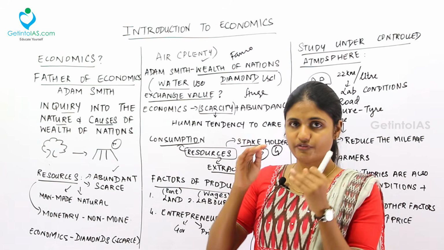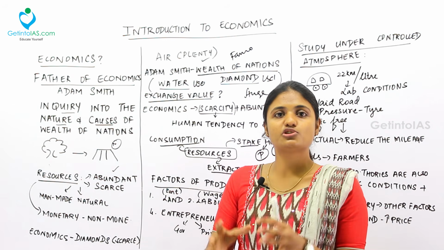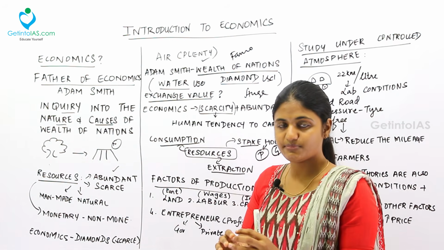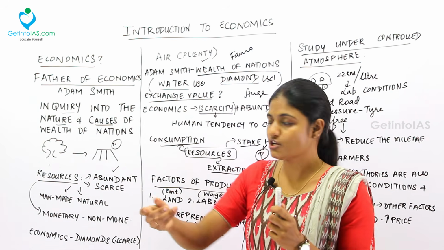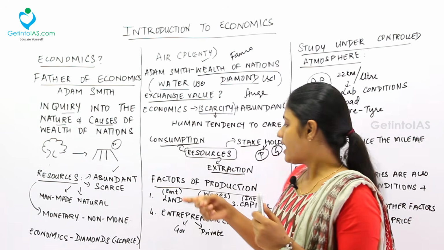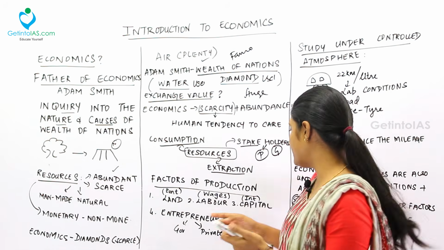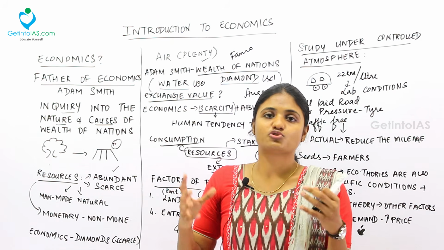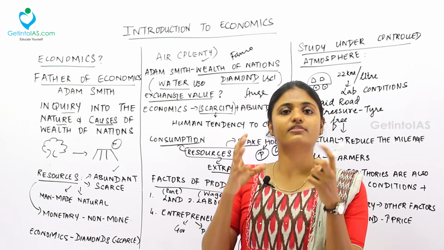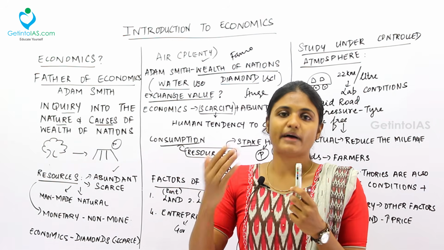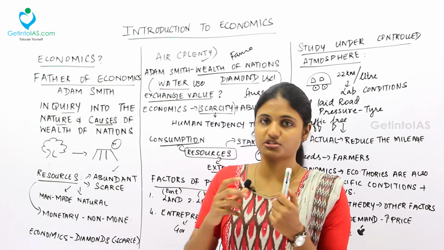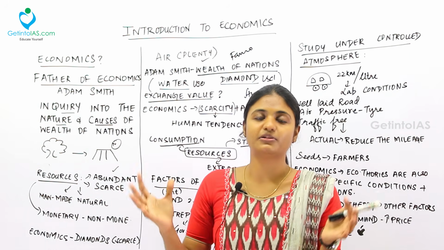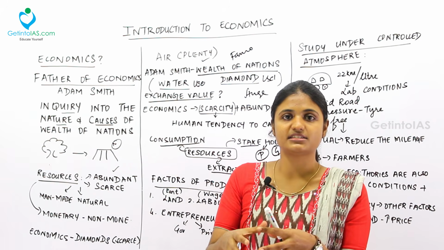Next, labor. So if I'm starting a business, I need laborers to work inside my business firm, right? I should give them wages. So for the land, I should give rent, and for the labor, I should give wages. And next, for the capital, I need a lot of money to invest in my business, right? At the start itself, I won't have a lot of money, right? So I'll go to the bank and I'll ask for loans. For that loan, I should pay interest. Fine. So that is called capital. Capital is a huge amount of money involved inside the business.